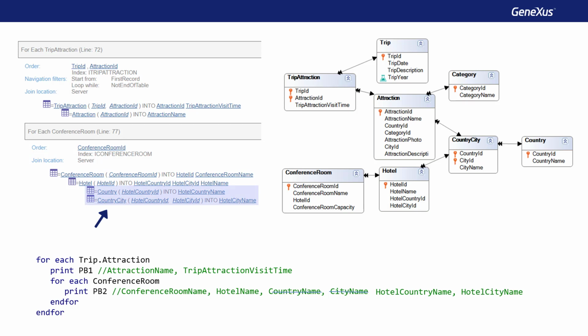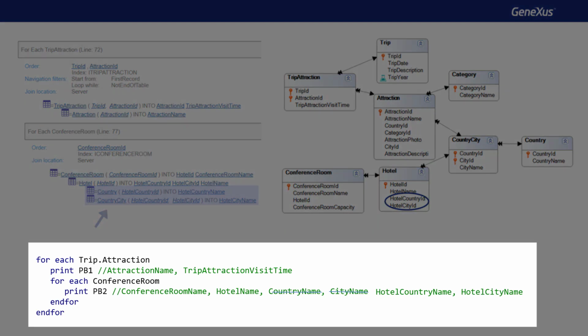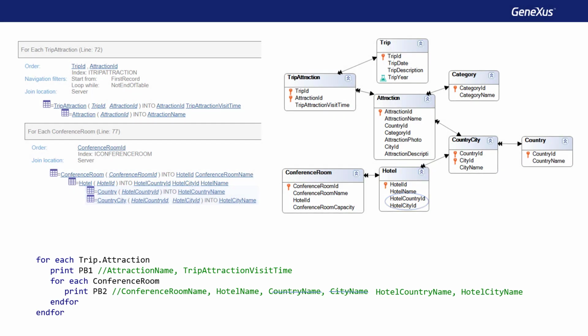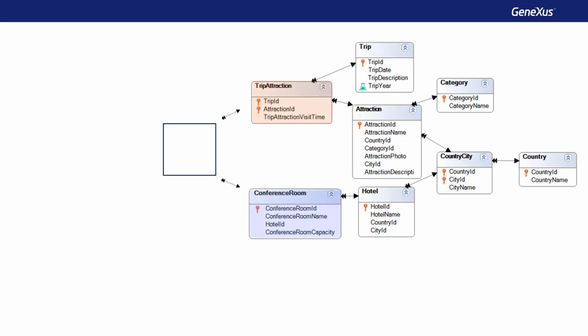However, it doesn't seem like a good idea to place a subtype just because we want to remove the ambiguity in a case of nested for each commands. Note that here there's no ambiguity in the model. It would be different if this table existed to introduce two paths to get to these other ones.